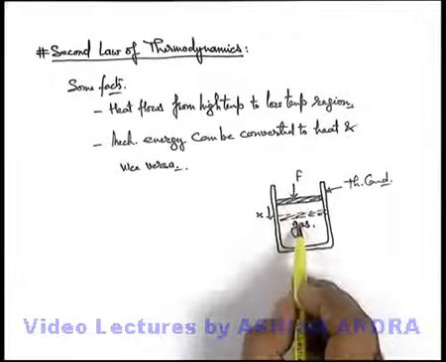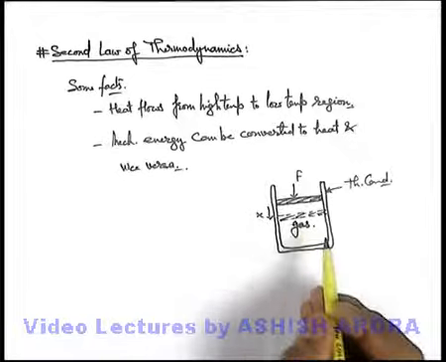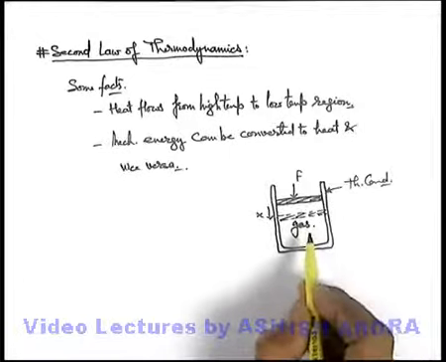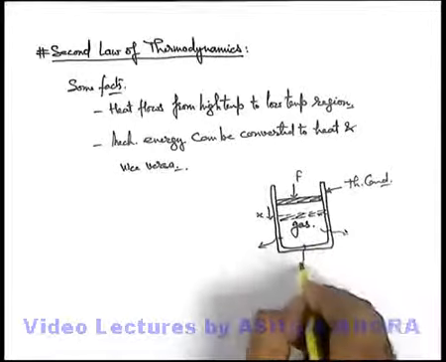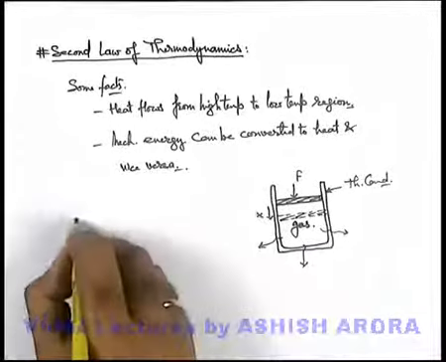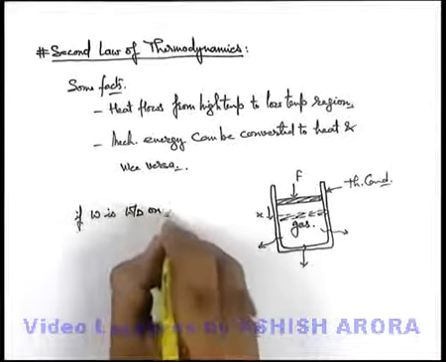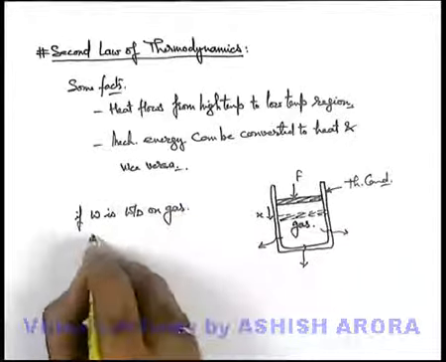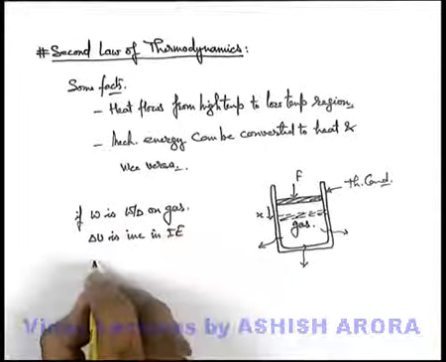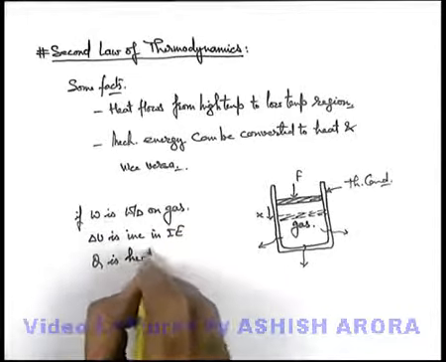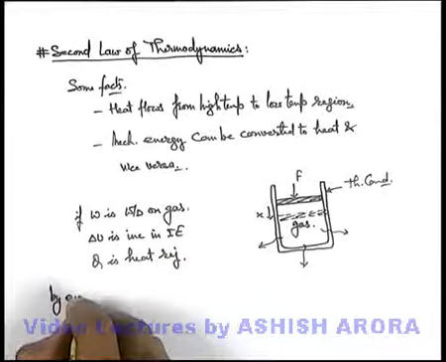So when this mechanical work is supplied, it will increase the internal energy of gas. That means the gas temperature will increase, and if its temperature is more than the surrounding temperature, it will reject heat to the surrounding. So we can state, if W is work done on gas, delta U is increase in internal energy and Q is heat rejected, then we can directly state by energy conservation.